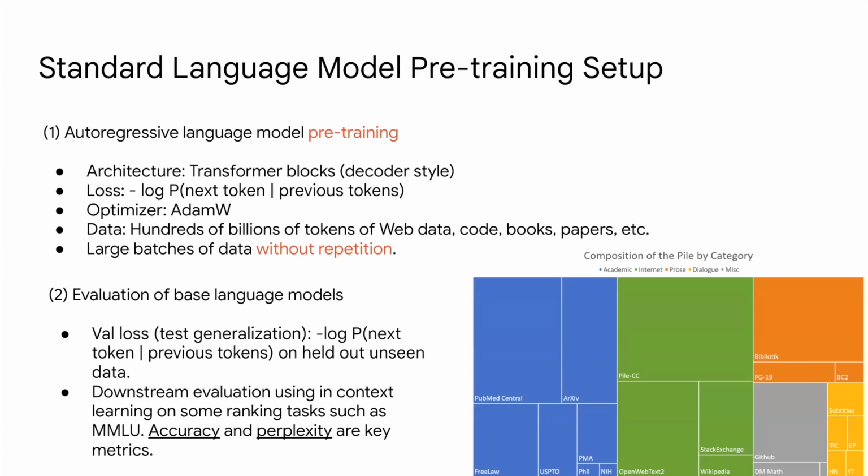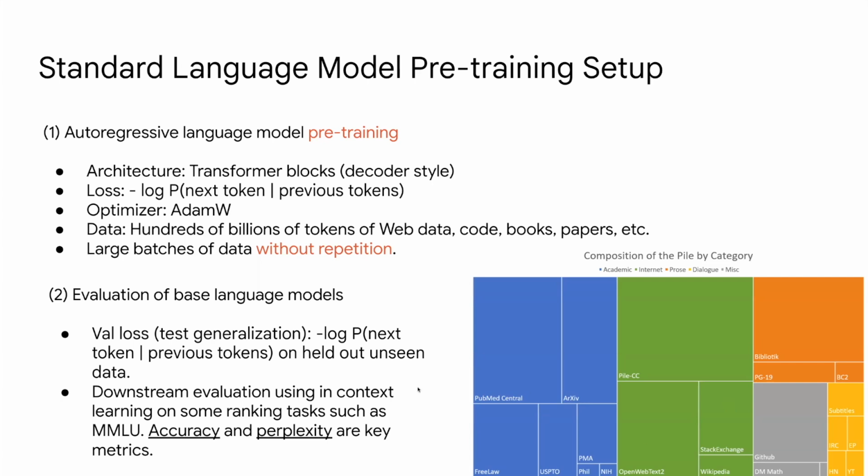The dataset consists of hundreds of billions of tokens, now trillions, from web datasets, code, books, papers. So to your right, you may see a composition diagram of a very popular open source dataset, not very recent, which consists of around 300 billion tokens, made up of books, web datasets, papers, code, etc.